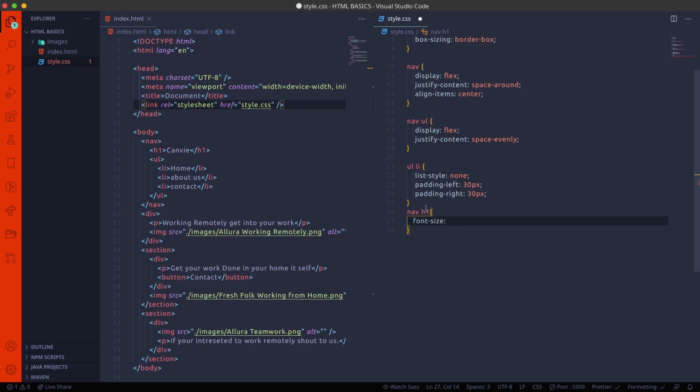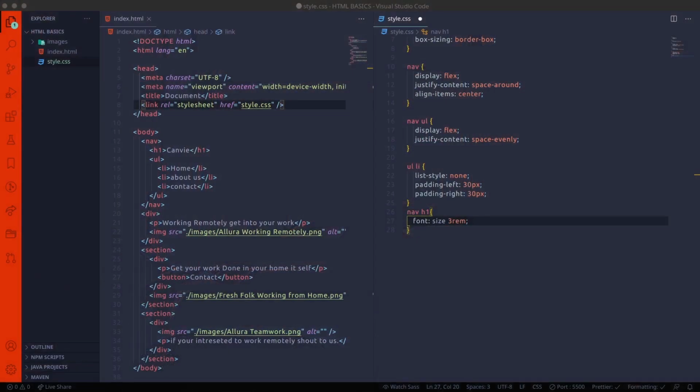Here I'm using 3 rem. So what is meant by rem?